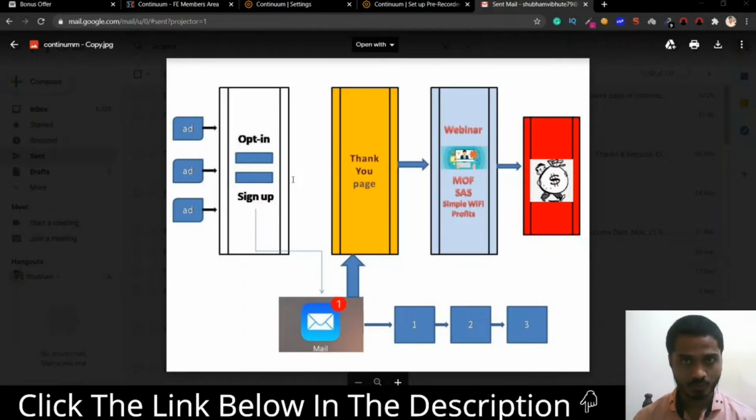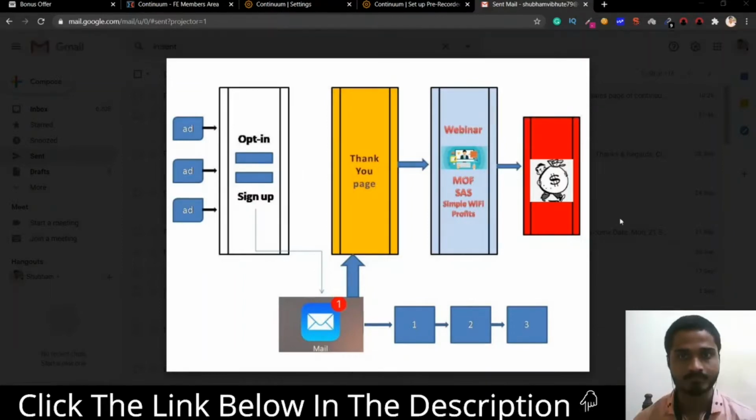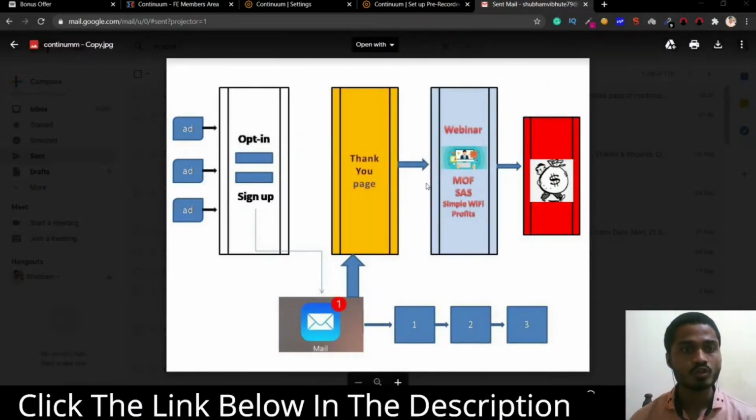All these are high converting and high ticket products. If someone purchases this product after seeing the webinar, you will get a commission of up to $750 depending on which product you are promoting. So instead of running Google ads or Facebook ads, you run Gmail ads. When you run Gmail ads, the person will be redirected directly to the webinar page, and if they buy the product, you will get a commission. So Stealth will help you to run Gmail ads and build your list.